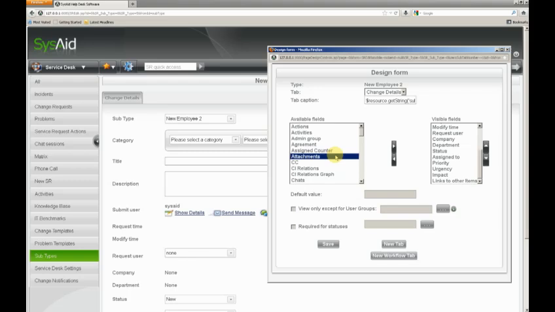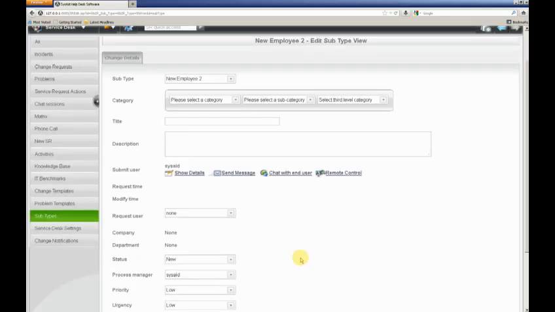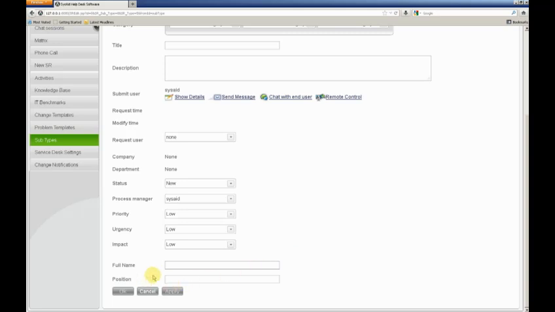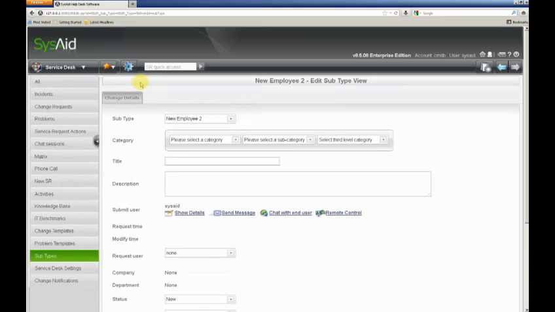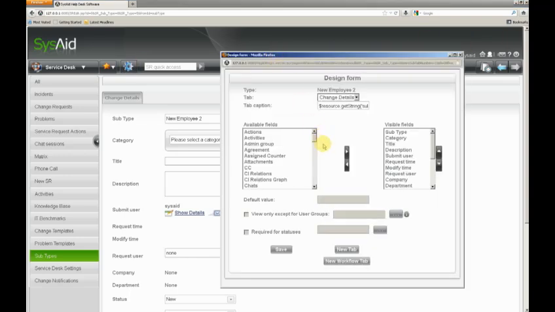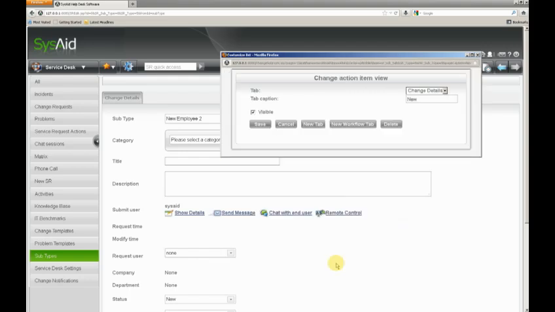In our case, we made a new field here called full name, and we did position, and we did department, but we're not doing the whole thing from the start, so that should be enough for the demonstration. And then we get the fields right here, and I'm going to define the workflow tabs that I need. So I'm going to say new workflow tab. I'm going to name this